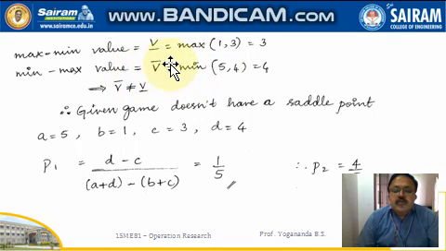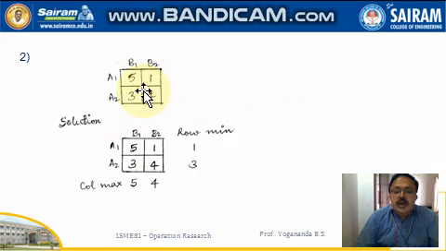So the maximin value and the minimax value we are finding. They are different, so they are not equal to each other. So we say that the given game does not have a saddle point. So the game is written in the form of A, B, C, D. So we are writing A as 5, B is equal to 1, C is equal to 3 and D is